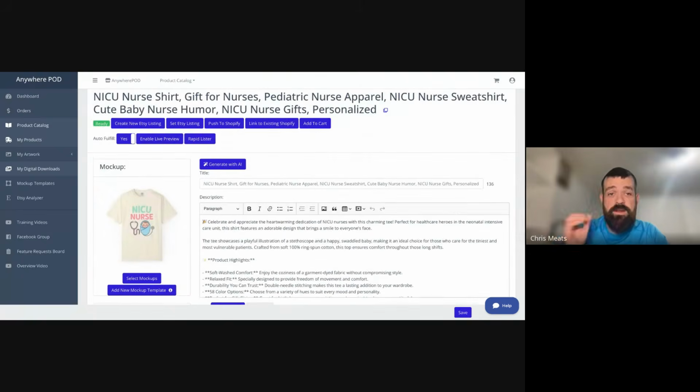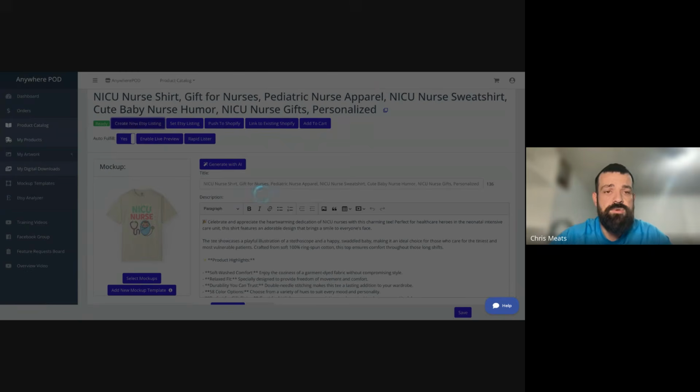Okay, so before we get into the rapid lister, there's one last thing that I want to do. This is one of the first times that we're actually showing this, because it's just another one of those steps that is going to help automate this if you're selling on Etsy. If we were on Shopify, I would be ready to move to our rapid lister. But on Etsy, when I publish this product over to Etsy,